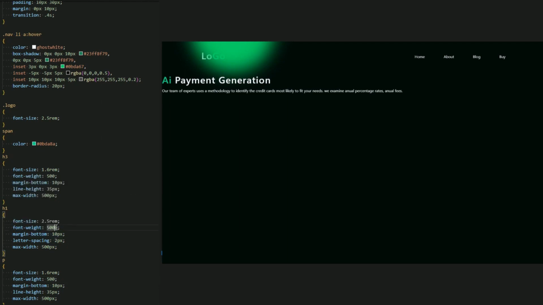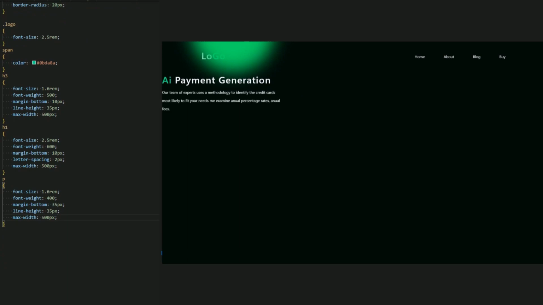Yes, and let this be 600, and this 400. And for the P, let the margin bottom be 35 pixel, just a little space between this a link and this P description text.